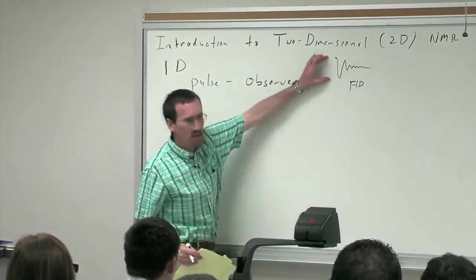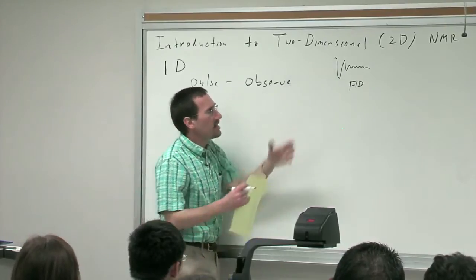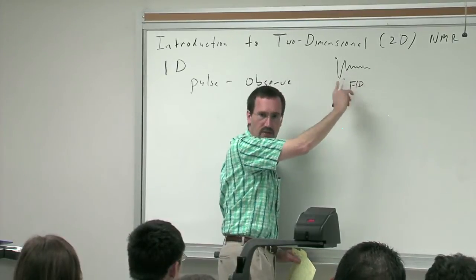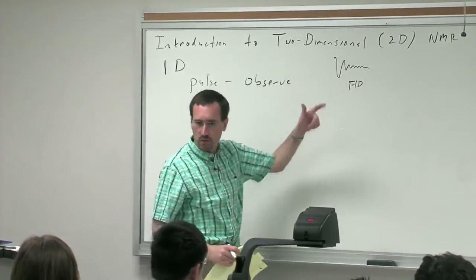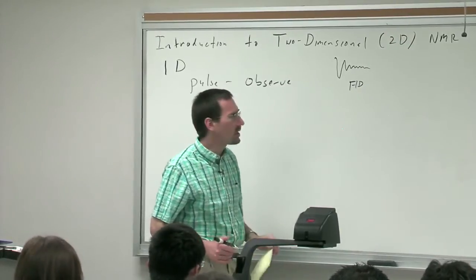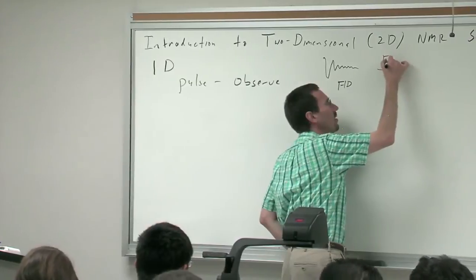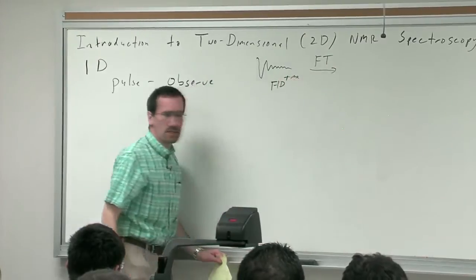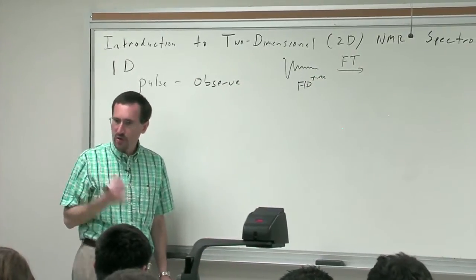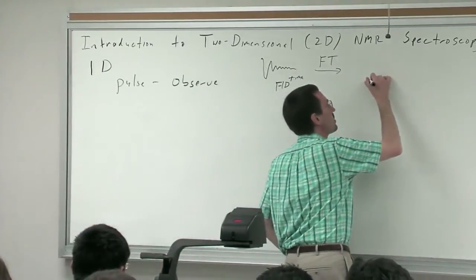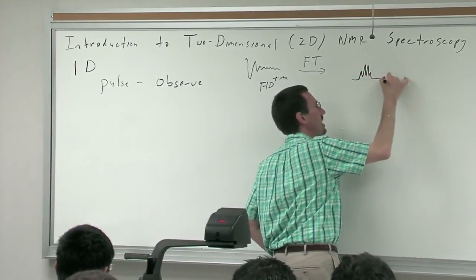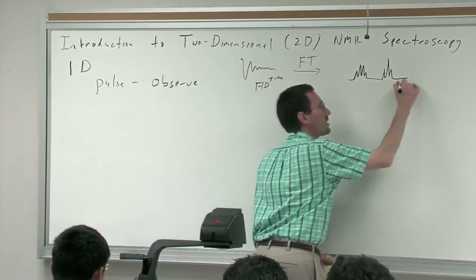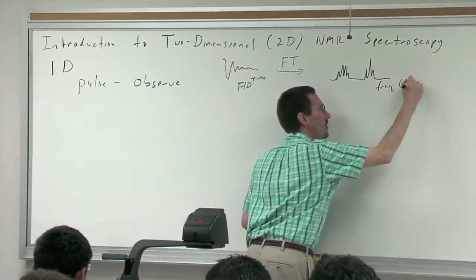And of course, what you've got here is an amplitude domain. And then over here, you have time, right? This is literally your signal dying off with time and the cosine wave that corresponds to the periodicity of the various nuclei. And so the whole idea in a 1D Fourier transform is this time domain on the x-axis ends up getting transformed to a frequency domain, and that's your parts per million. And so your spectrum still has amplitude on the vertical axis, and it has frequency in the units of ppm